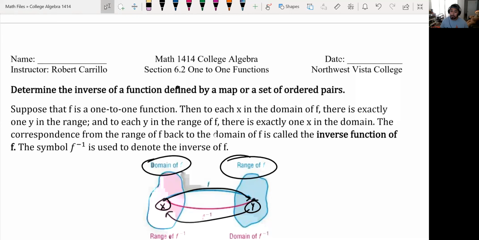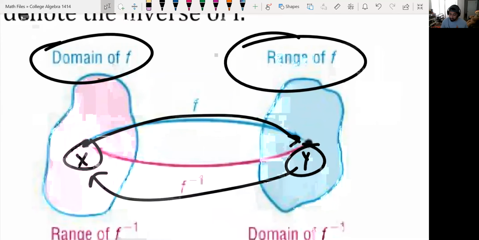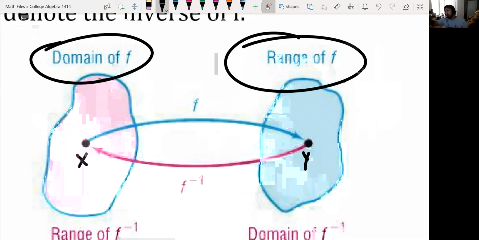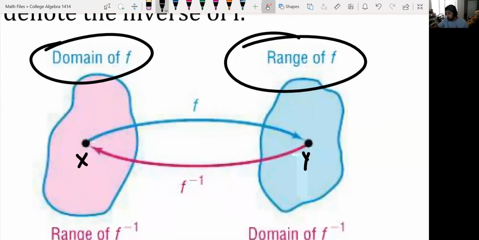The correspondence from the range of f back to the domain of f is called the inverse function of f. So what we're saying with all that is that in order to get from x to y, in order to get from the domain of f to the range of f, if it's one-to-one,